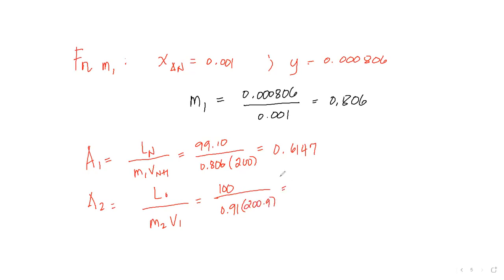So we have 100 divided by 0.91. Then we divide it further by 200.9. That would be 0.54699. Now, if you get the geometric mean of the two,